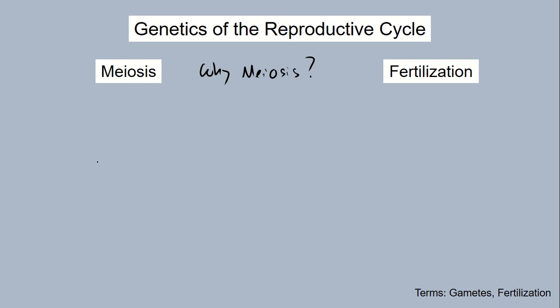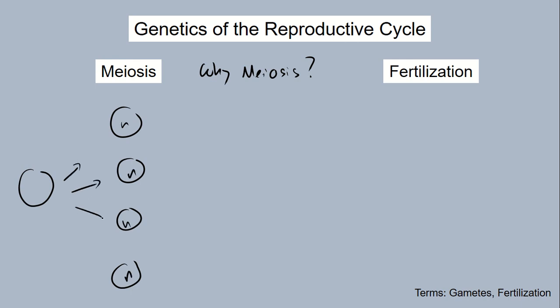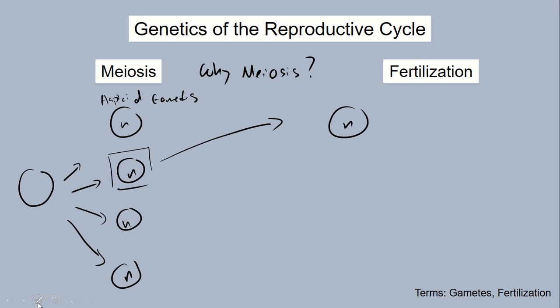If the endpoint of meiosis is to take a single germ cell and generate haploid gametes, N, these gametes are then important because they form the basis of fertilization. If we take one of these haploid gametes, it can combine with gametes from other organisms